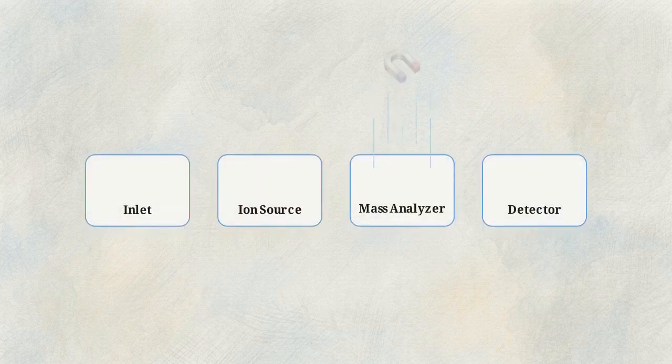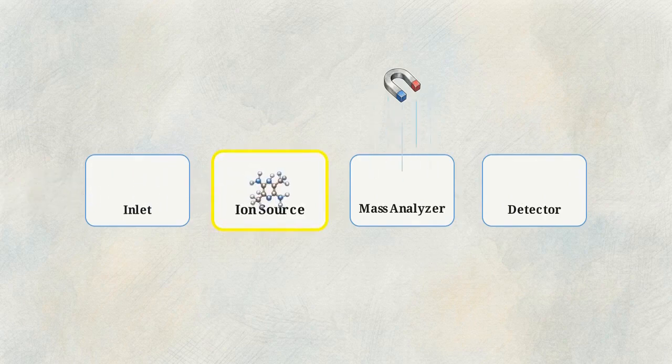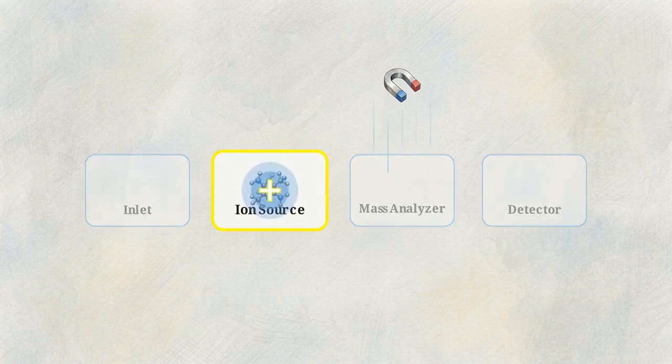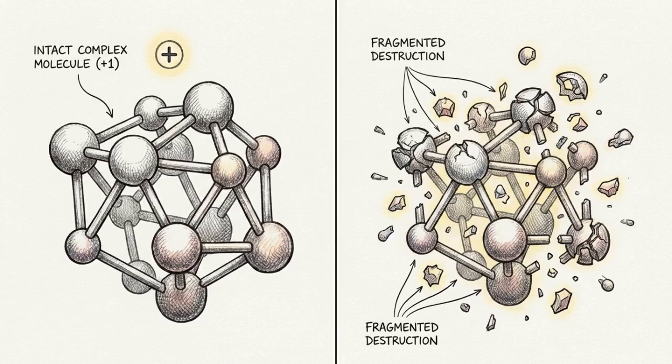A mass spectrometer is a precision instrument, but its core analytical engine, the electromagnetic field, is completely blind to neutral matter. To see a molecule, we first have to give it a net charge. That transformation happens right at the start, making the ion source the gateway to the rest of the machine. The specific method used to force that charge onto the molecule dictates exactly what chemical information survives to reach the